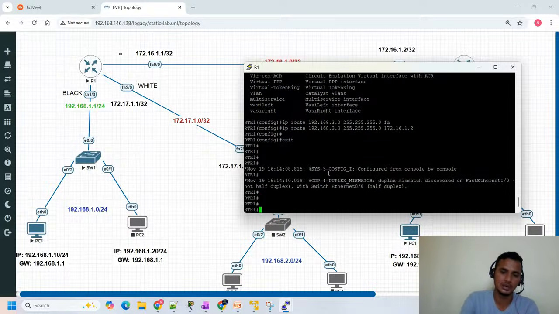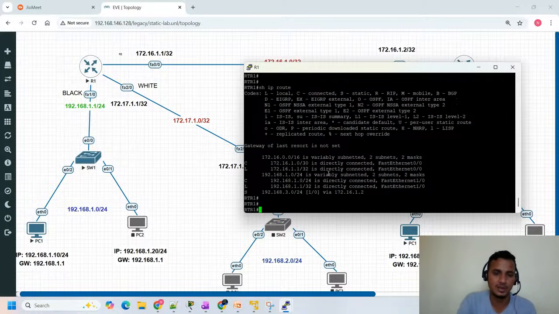If you want to verify the routing table, the command is show ip route. If you perform show ip route, here you will see the route. So what is the meaning of this route? S stands for static. You will see here the legends also. Okay, so S stands for static. And from the R1 router, if you want to reach 192.168.3.0/24, the AD value is 1. Okay, because it's a static route and you have to go via